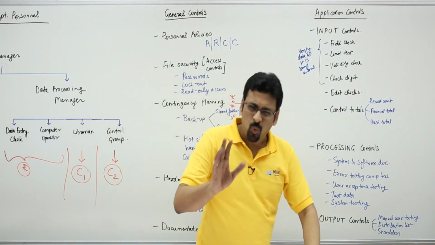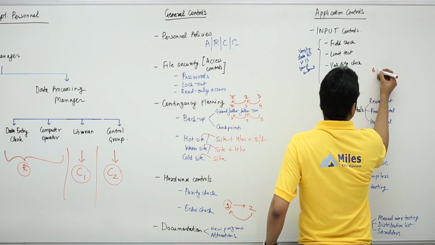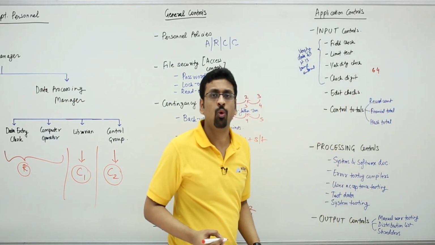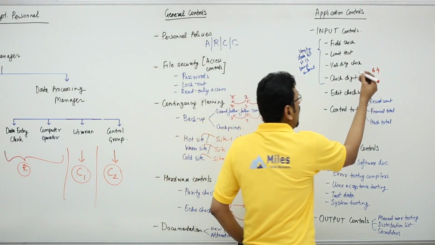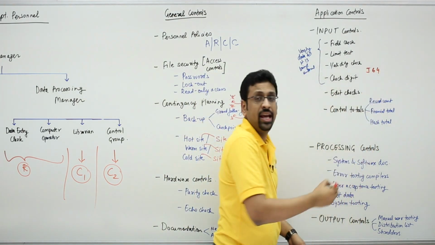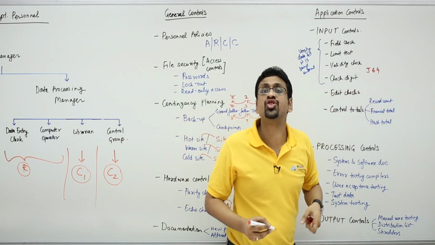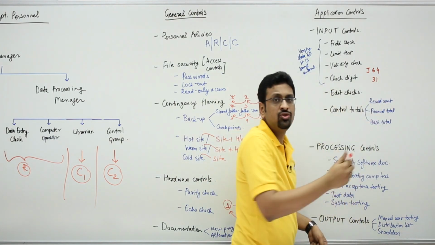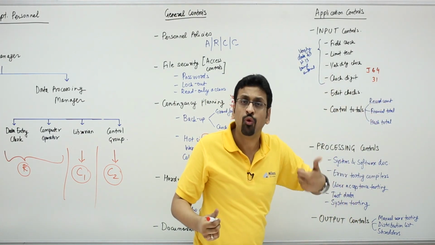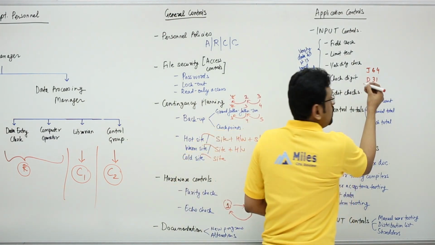Now, I'll give you a very simple example of a check digit. Let's say we have numbers 6 and 4, 64. 6 plus 4 gives you 10. So how about we have the alphabet letter J, which is the 10th letter. So this becomes the check digit. For example, you have 3 and 1. That's 3 plus 1 is 4. So the fourth letter is A, B, C, and D. So that will be D here.